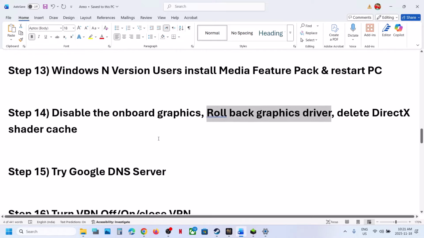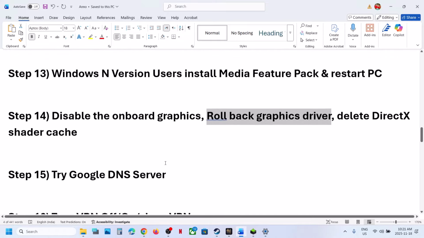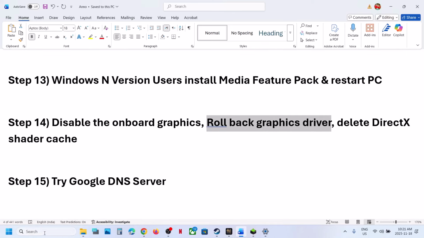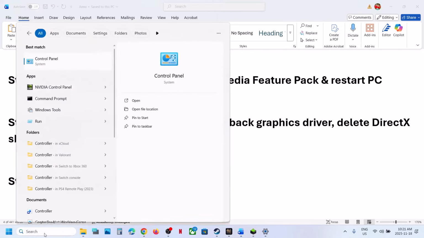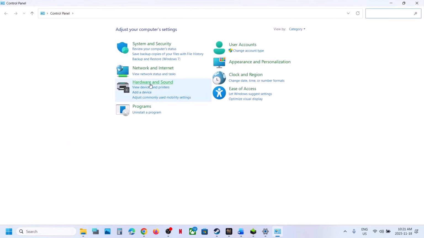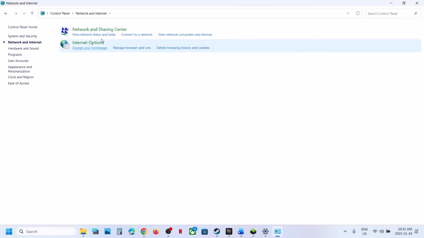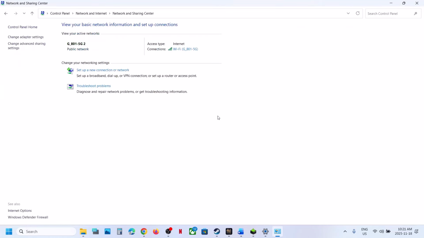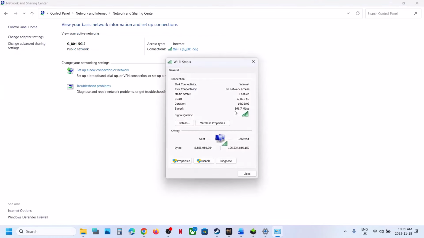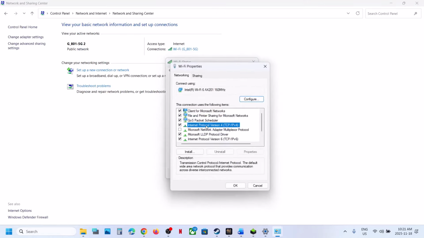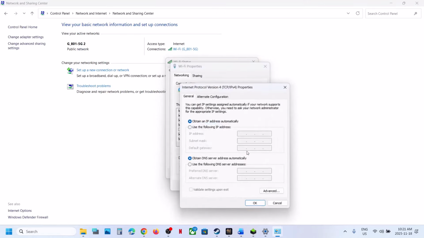Next step is to try Google DNS server. Now for this, you can type in control panel in the Windows search box. Click on control panel, click on network and internet, network and sharing center. Click on your internet over here, click on properties, select internet protocol version 4 IPv4, select properties and use the following DNS server. Type in